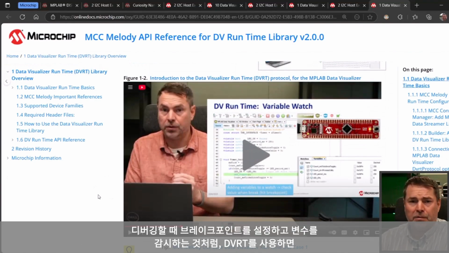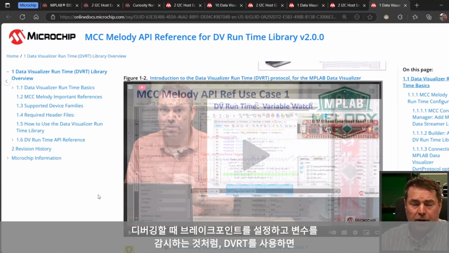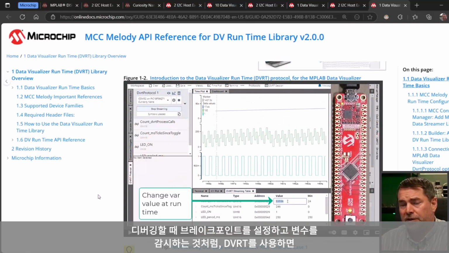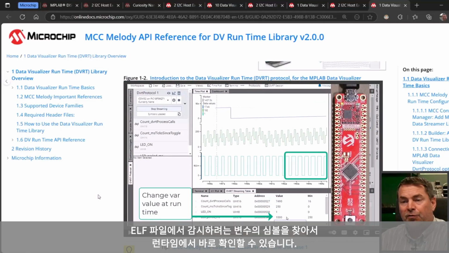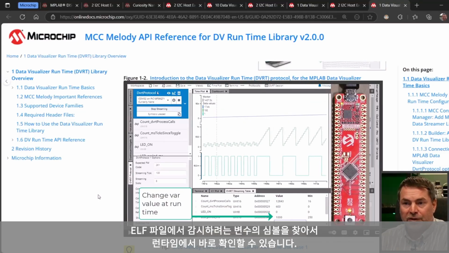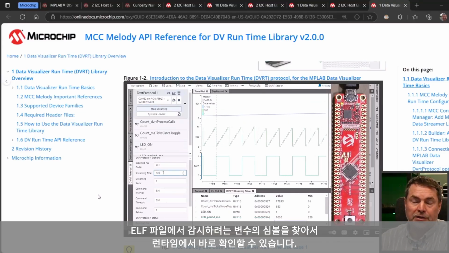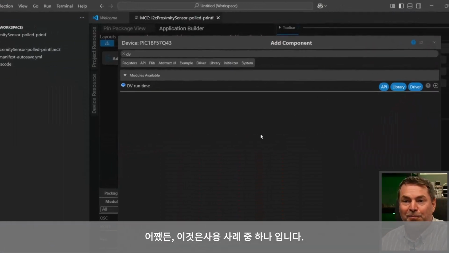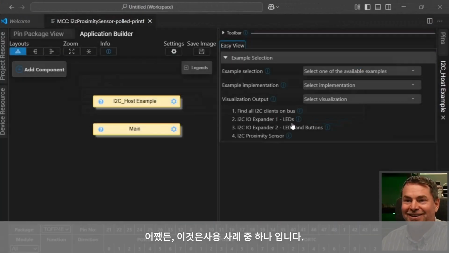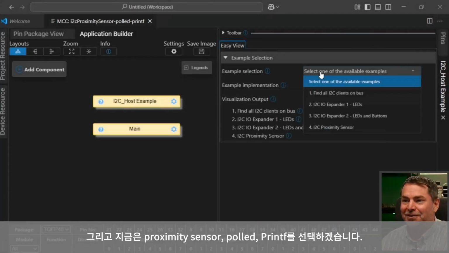And think about it like when you're debugging with breakpoints and you set a watch on a variable. DVRT means that you can find the symbols of the variables that you want to watch in the ELF file and just view those at runtime. It's awesome. Anyway, it's just a use case for us now,